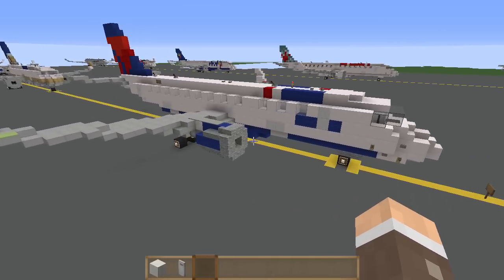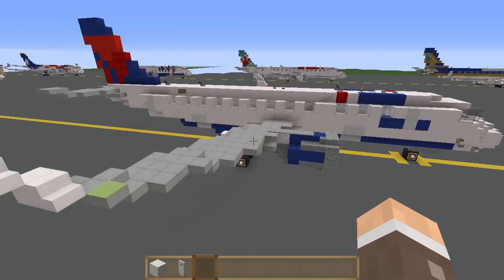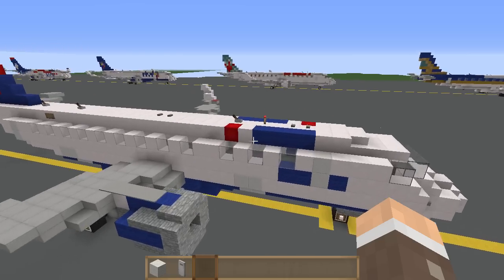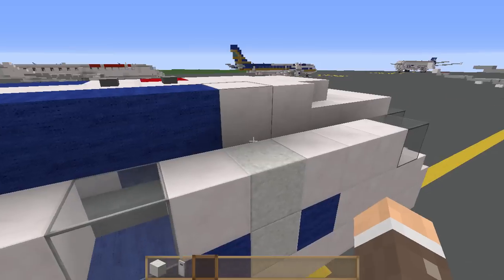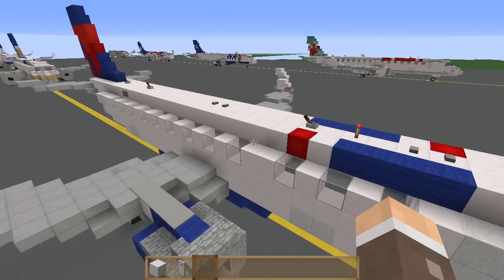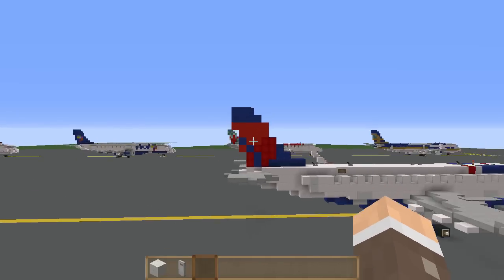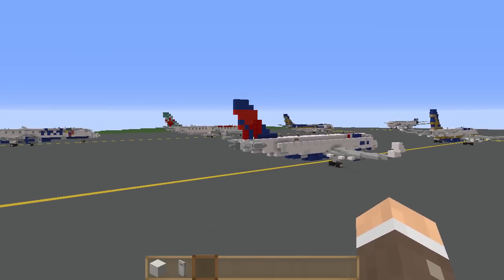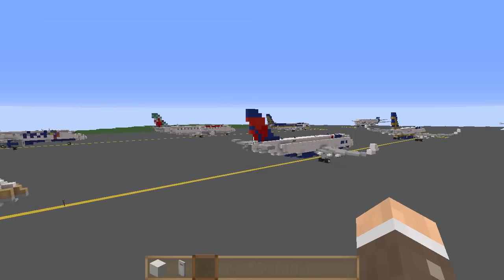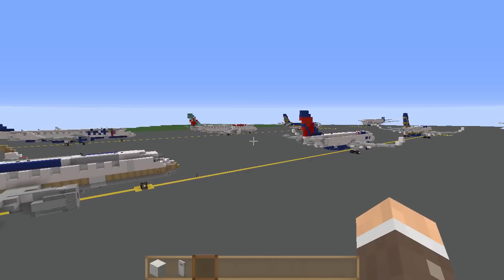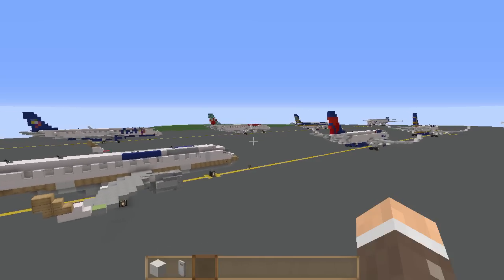Moving on to one of the largest airlines in the world, Delta, one of my favorites as well. Delta Connection is actually this plane. Clearly, this is Delta, and clearly that's this Connection. Looks good, I think. The Delta symbol turned out better than I thought it was going to at this scale. Kind of got that to work, and it can only improve from there with planes in the future that'll be